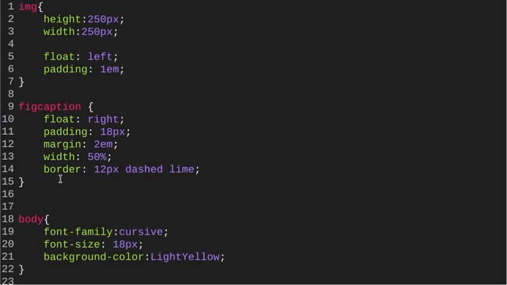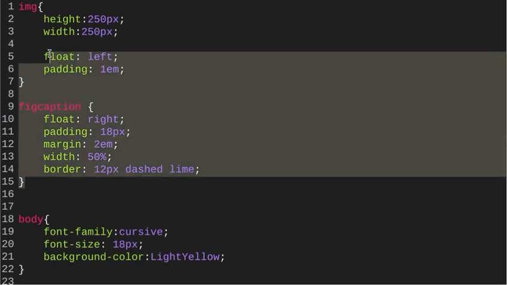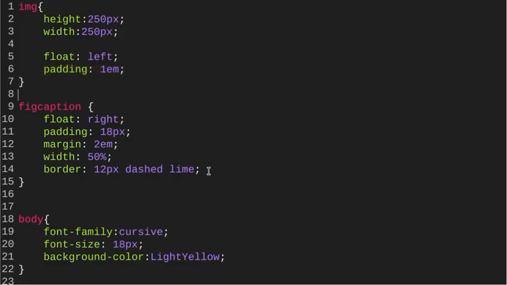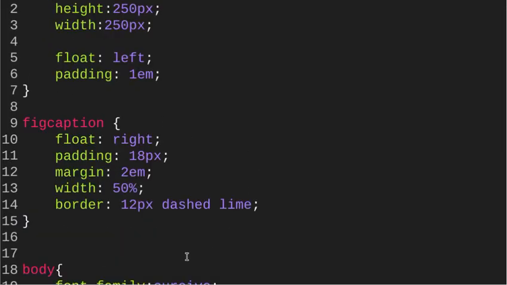And that's really all we need for this assignment. What did we do? We did all this code right here. Again, the padding right here for the images is stuff that I just kind of put in there. But fig caption, all the styles for the fig captions and stuff we put in. That's it. So if you need any of the code, now's a good time to probably pause